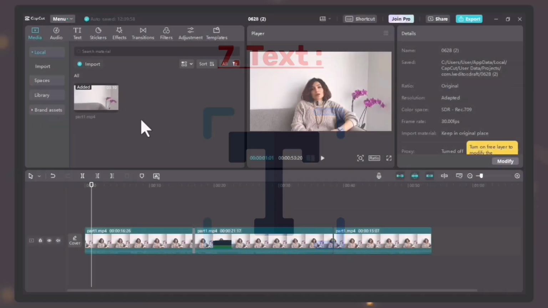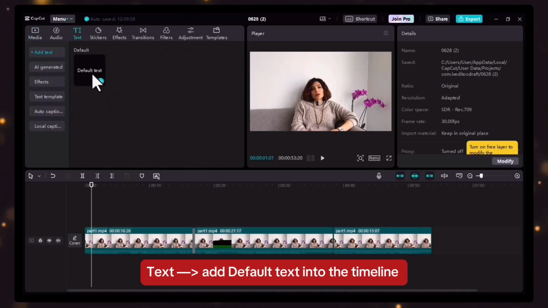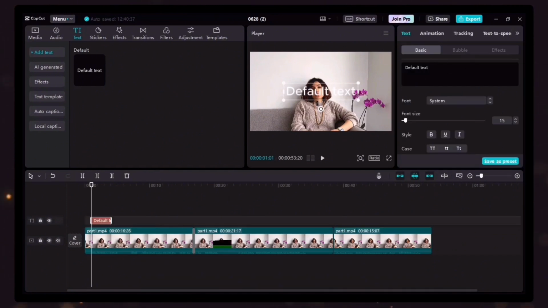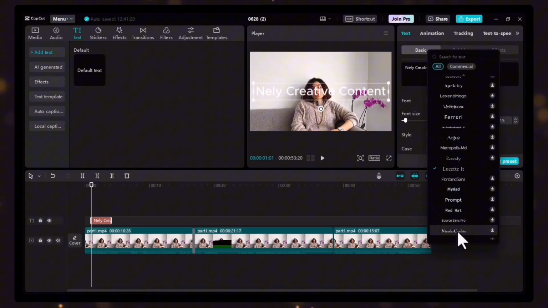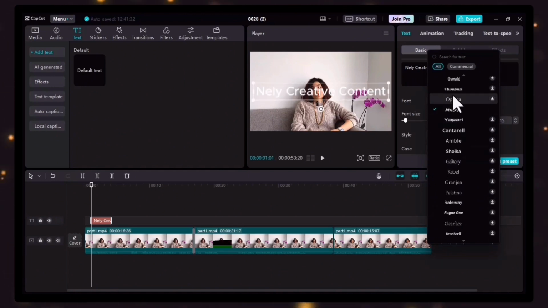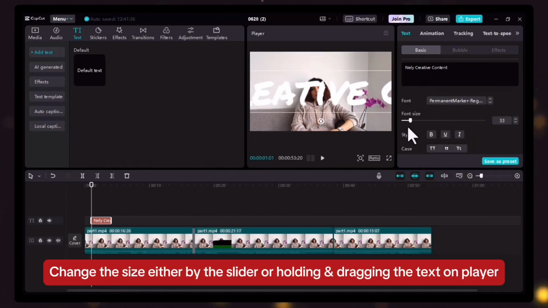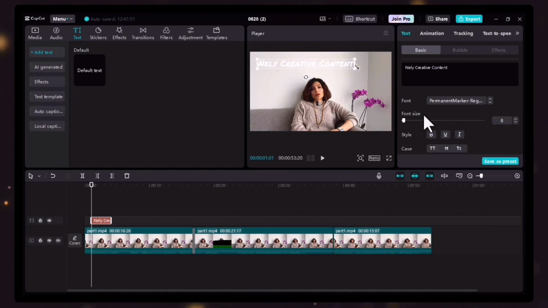To add text to your project, click on text, hold this default text and add it into your timeline. Then in the window opened, you can type your words. Select a font for it. You can change the size either by this slider or by holding and dragging it. Set the place. And other parts which are very obvious, for instance, underlining your text, making it